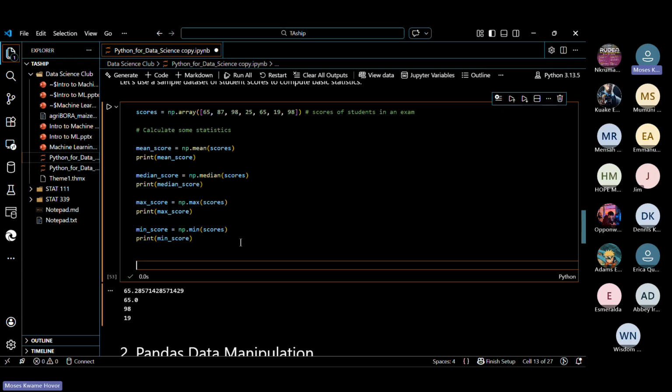NumPy is very fast and efficient in handling these statistics and calculations. So you have to learn how to use it and be used to it before you have bigger data, because using base Python for that you will find it time consuming.